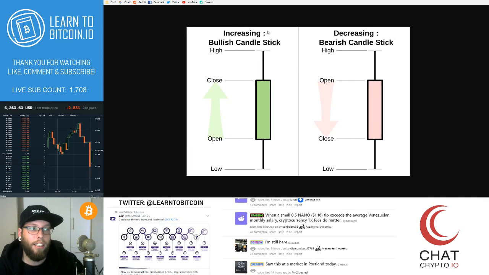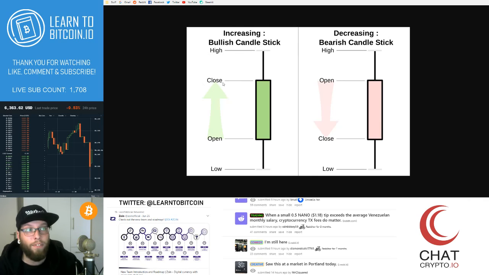candlestick charts. Now if you trade Bitcoin, if you trade Ethereum, if you trade any traditional stocks or any altcoins, one of the first things you're going to notice are these green and red candlesticks. So I thought I'd put together a quick explanation video just giving you the basic understanding of how these candles